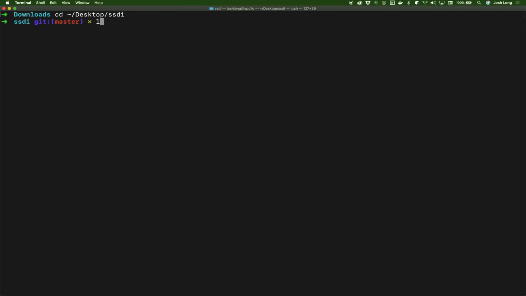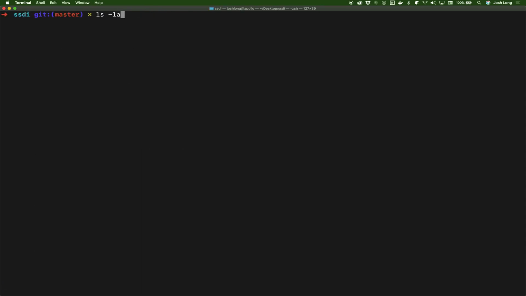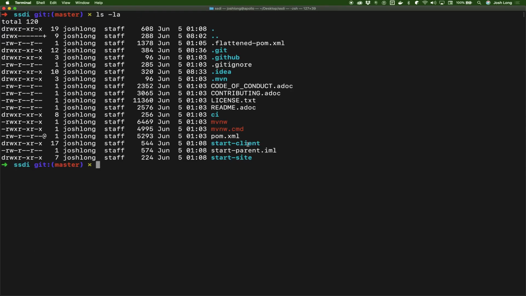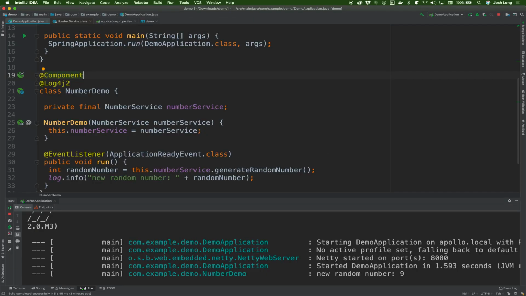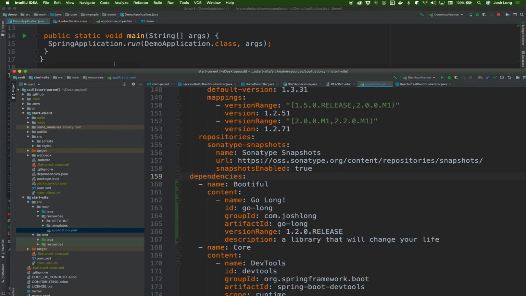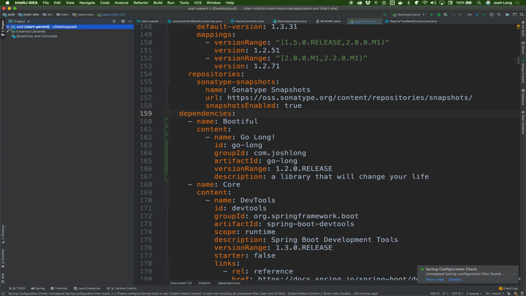SSDI start. I should show you this. Nope. There we go. It's start client and start site, and I even have that open here in my IDE. Okay, and so what you need to know is that this has the two projects, start client, start site,